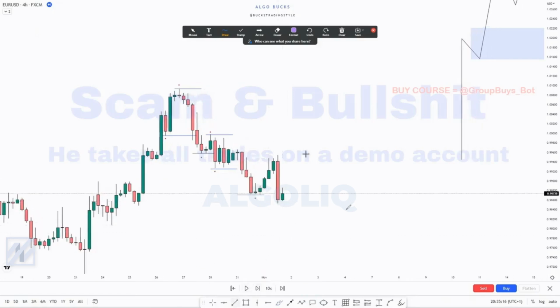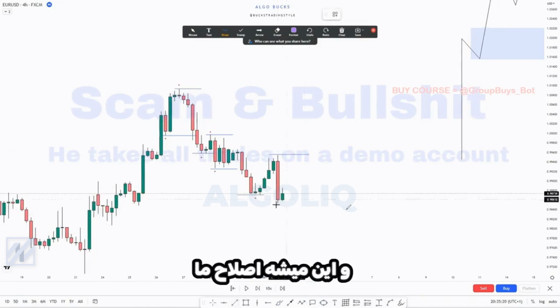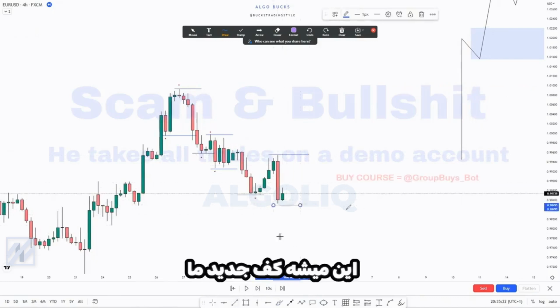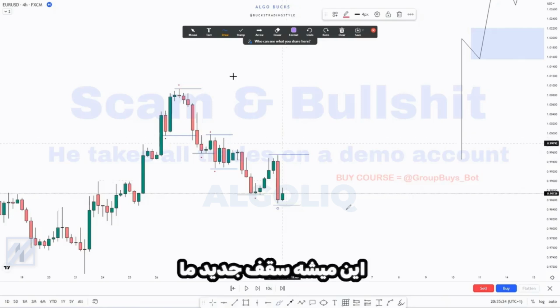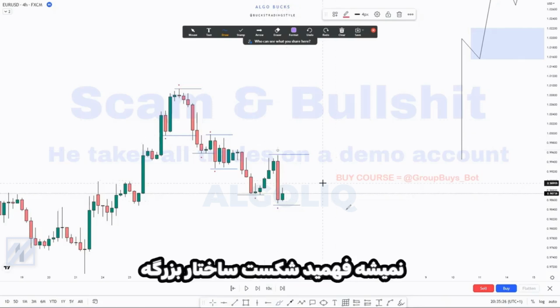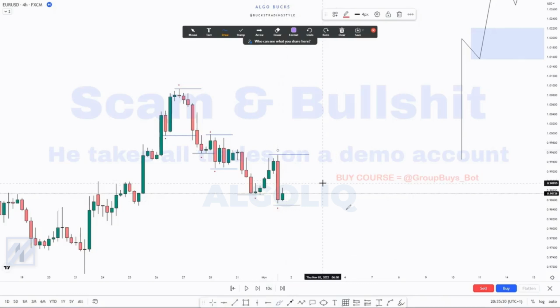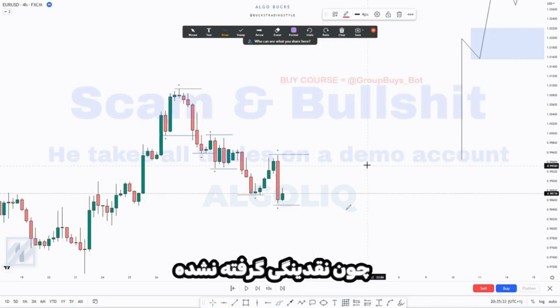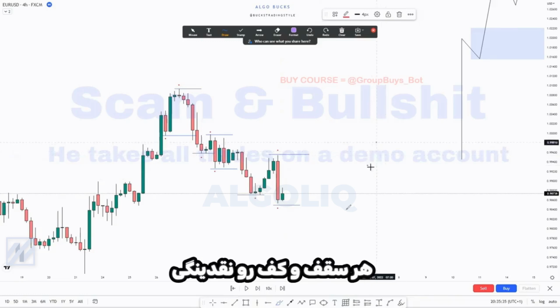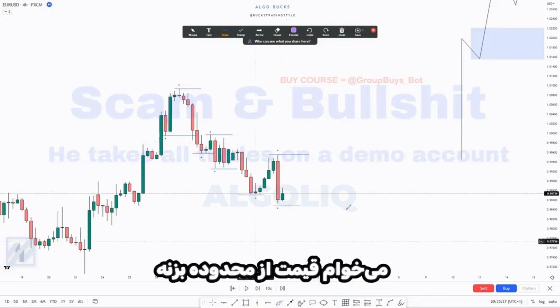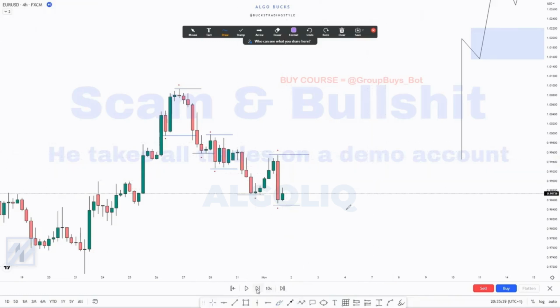Now we have this. This was the high that broke this, and then this becomes our retracement. So this becomes our new low, this becomes our new high. Now you can't tell if we are having a fake break of structure or a normal break of structure because the liquidity has not been taken. Remember, we see every high and every low as liquidity. So now I want to see price break out of the range.